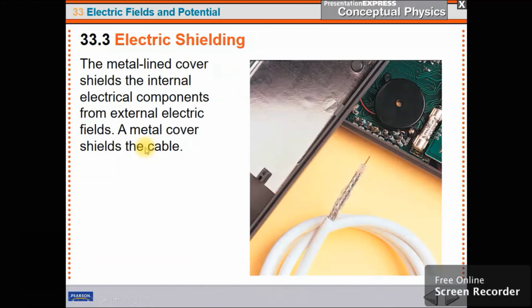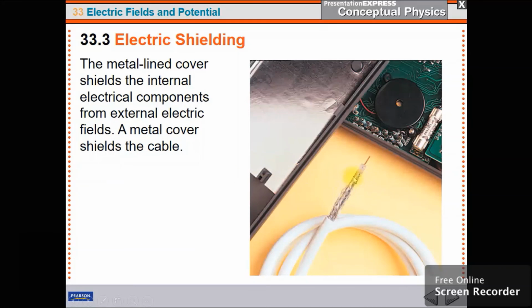But this also means that, so here's a conductor and a wire, and this wire is going into this electronic component. And there's all kinds of data that's going through this wire. So if you want to protect this wire so it doesn't get any kind of interruptions, if there's a lightning strike nearby, or if you put this next to some other wire that has a lot of current, to shield this conductor, then you have the plastic that protects this wire. But then you just put a metal foil around it. And this metal foil, the metal cover, shields the cable.